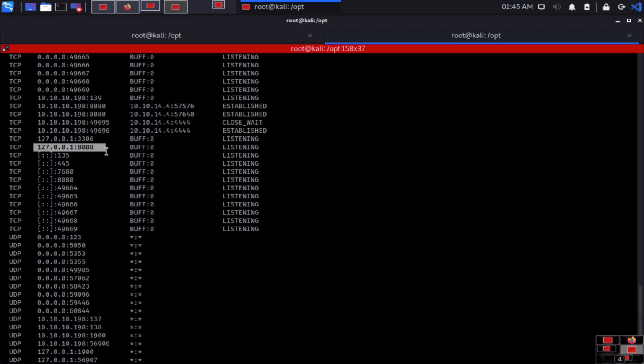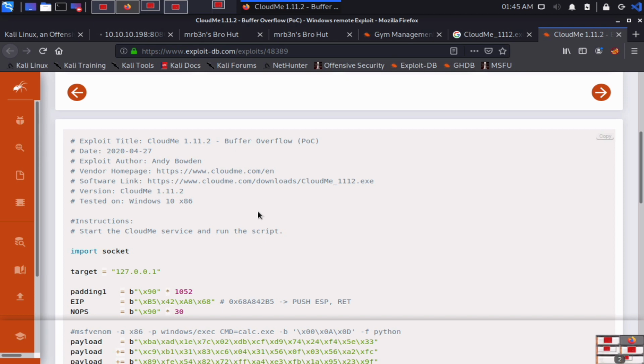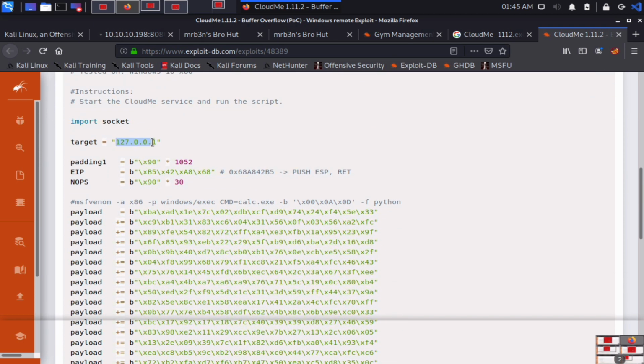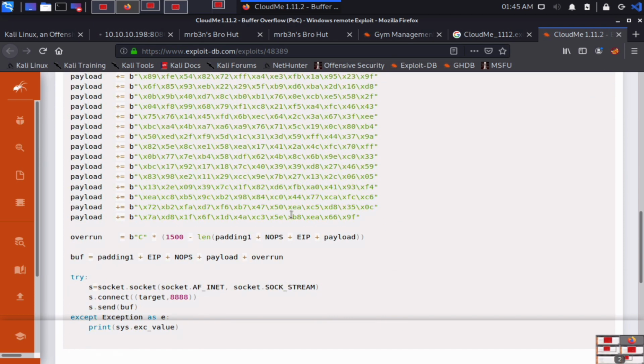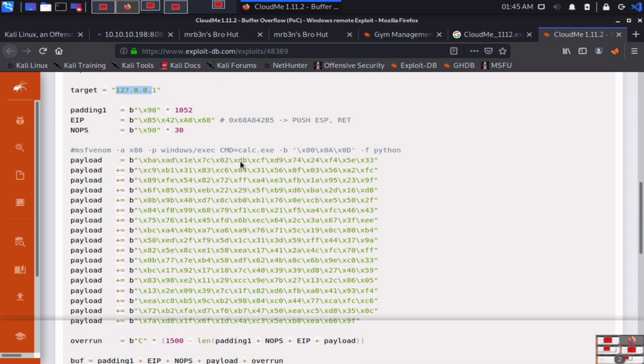Now what I have to do is a tunneling, and I will take this port to my Kali, and then we do something there. It means we have to run this file. This is a buffer overflow exploit we have to execute on this target on port 8888. And before this, we also have to generate this payload. So let me do something here.